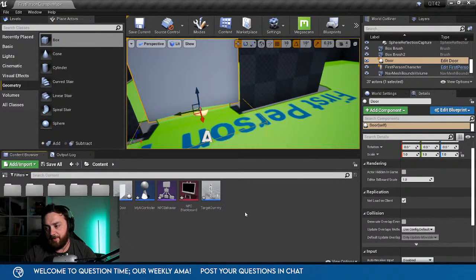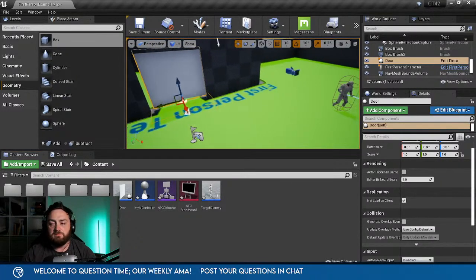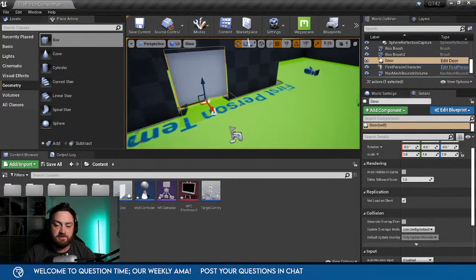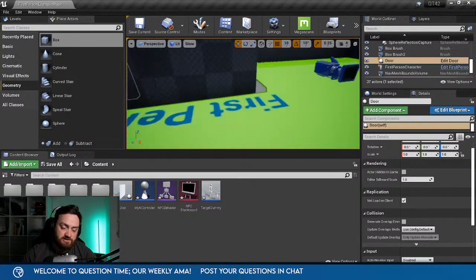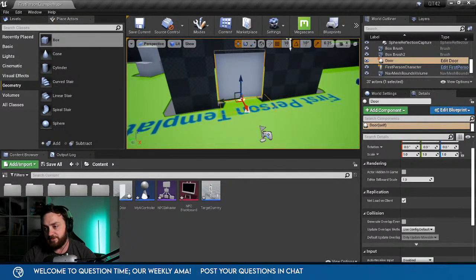Want me to do the button on the wall? Make him go to the button on the wall. Okay, brilliant. That's right. So I may make a video in future of how to actually do it. It's a bit more involved to make him walk over to a button, hit a button, and so forth. Maybe we'll do that as a video series at some point in the future. So next question.